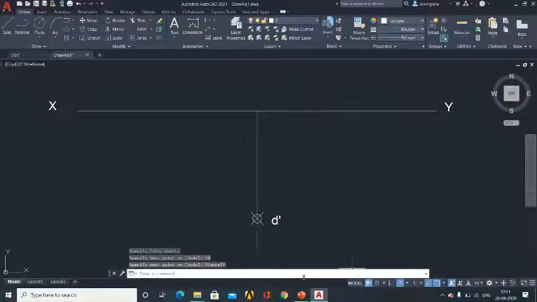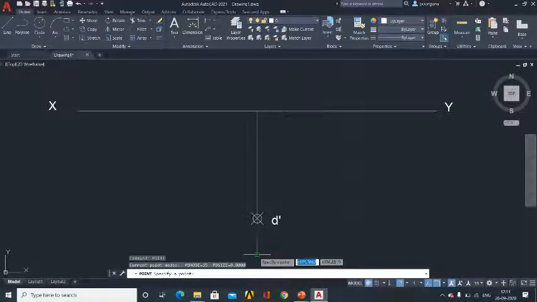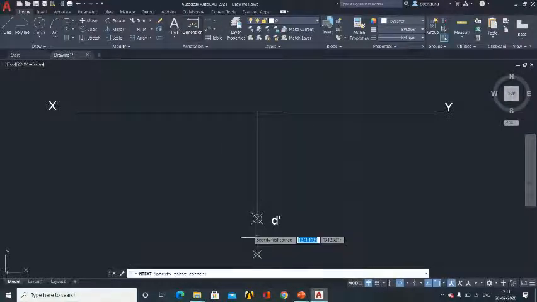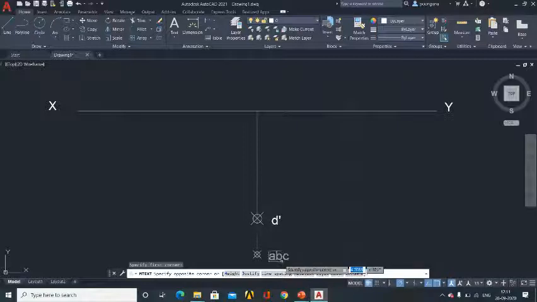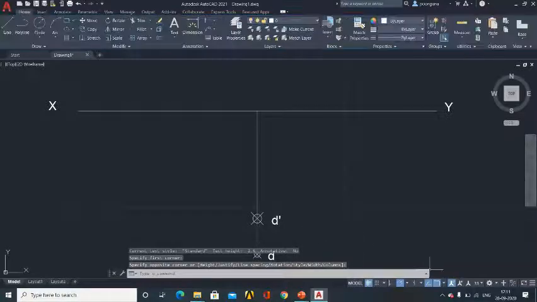So press escape. So go to command bar, type point, press enter, select this specified point. Now I need to name this. So this is my D. Okay, so press somewhere outside, you will get the point D.